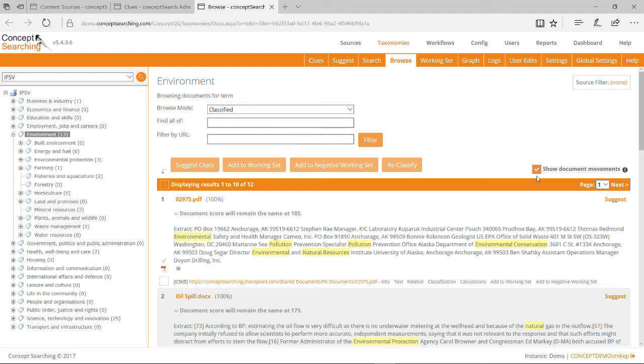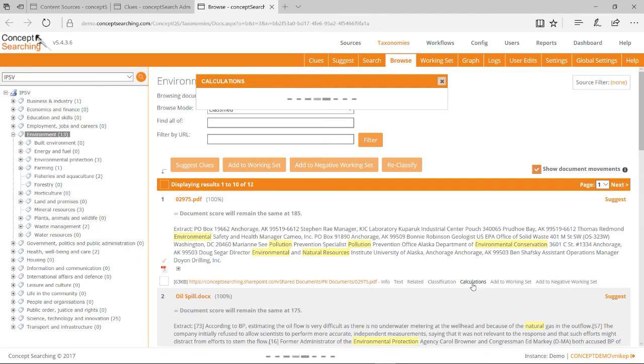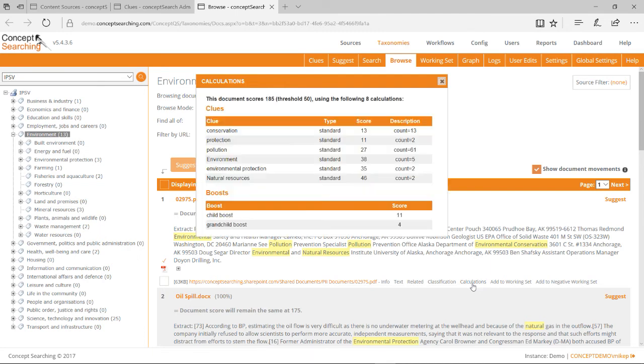But what we might then want to do is say, well, okay, the rules that I've changed, or in this case haven't changed, haven't affected the score, so why is this document being tagged in this way? So another technique that we have at our disposal is the calculations link. By clicking this, we do another on-the-fly auto-classification, but this time we get a really granular look at why this document is being tagged in the way that it is. So we find the compound terms and we find the individual words that have been identified in this document, and thus are causing it to be auto-classified.